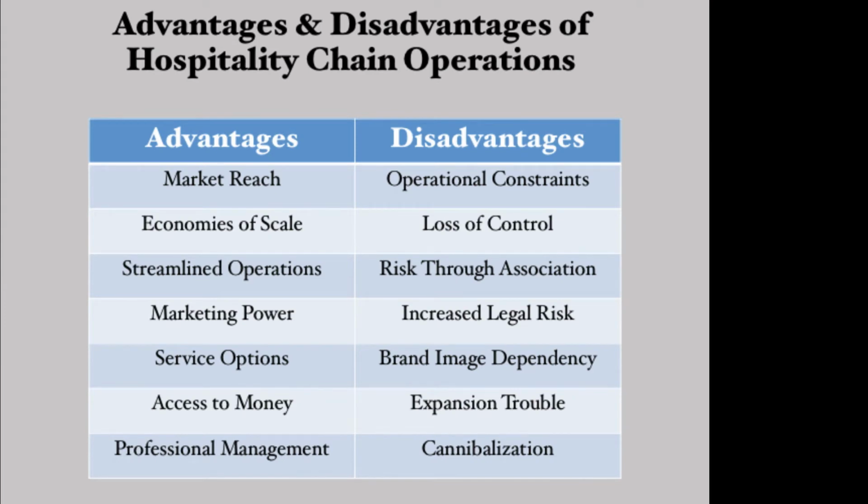So there are advantages and disadvantages to hospitality chain operations, and whether you want to do it in a brand mix or do it directly with other brand management, whether you want to include the name Hilton or whether you want to hide the name, like in the case of Darden. The advantages are market reach, economies of scale, streamlined operations, marketing power, service options. You have access to available capital to grow the business, and ultimately professional management and the skills and systems that